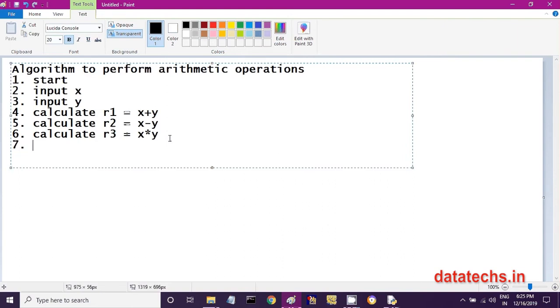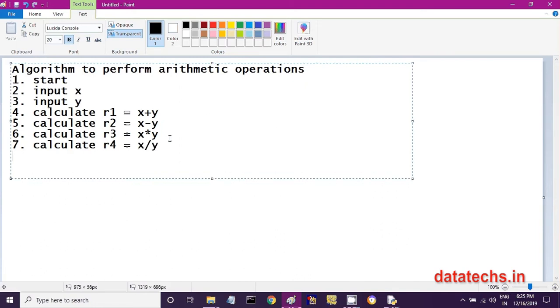Then I am having calculate R4. R4 means result 4, that I am showing by R4 variable. I want to divide x by y. So for that purpose I have to use a division symbol, that is also known as a division operator, x slash y.